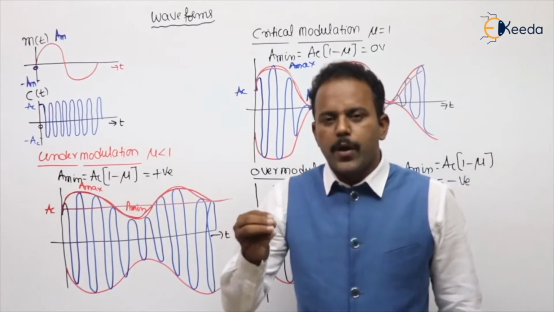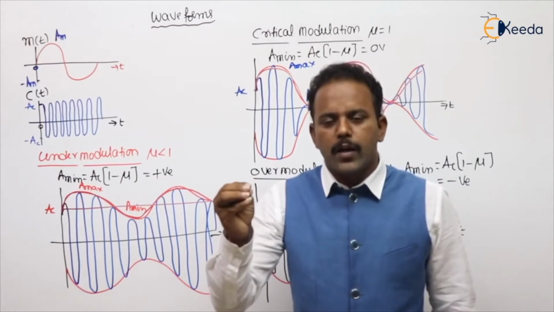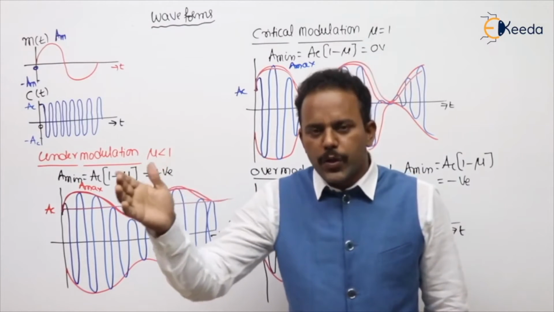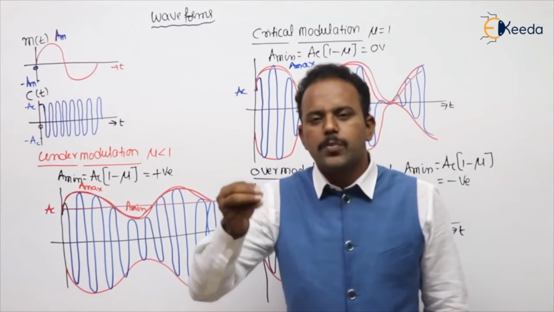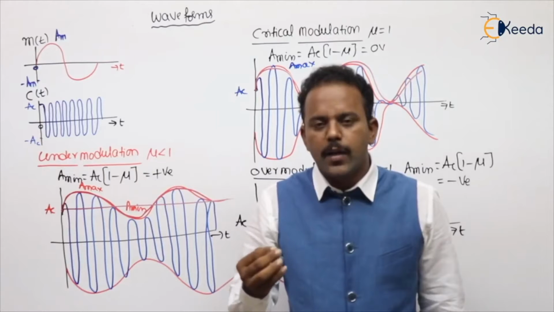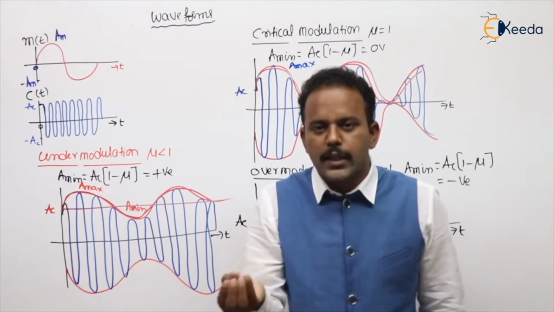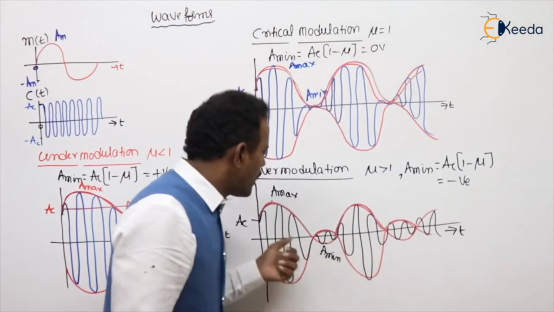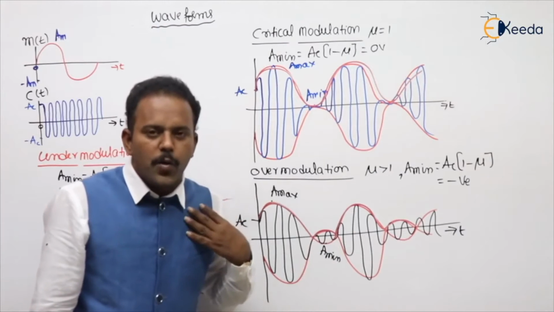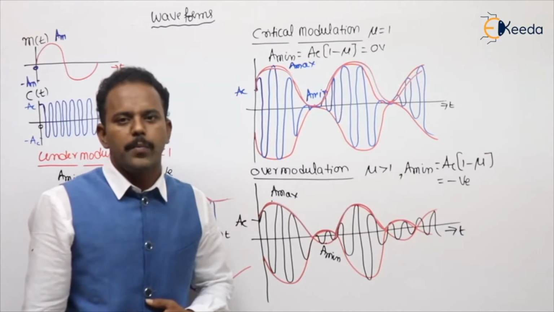Why I am saying about positive envelope, students? Because whatever may be the input we are giving to envelope detector output is always positive. Means always positive peaks. If you are giving under modulator or critical modulated signal, also it will give the positive peaks. Positive peaks are nothing but a message there. But in over modulation, positive peaks are not our message. Why we have to go for envelope detection? Simple and less cost. Are you following my point or not?